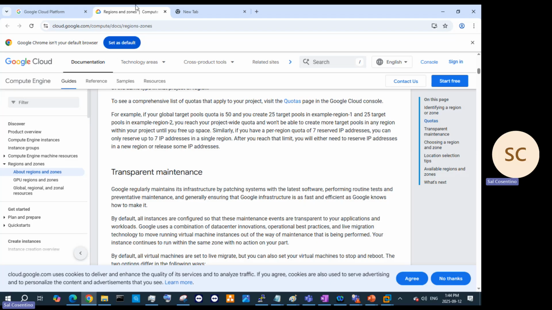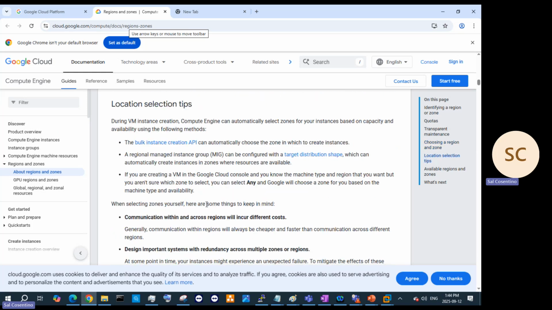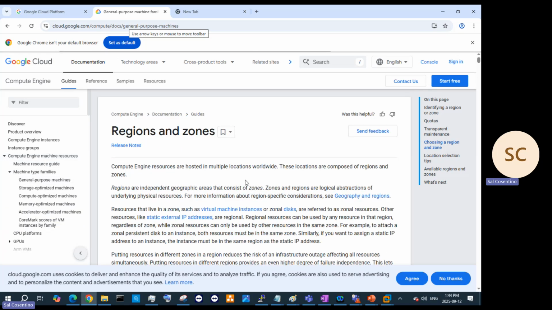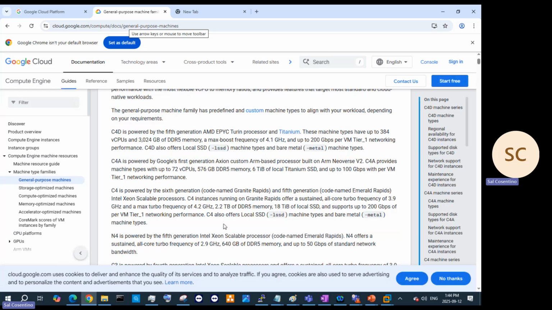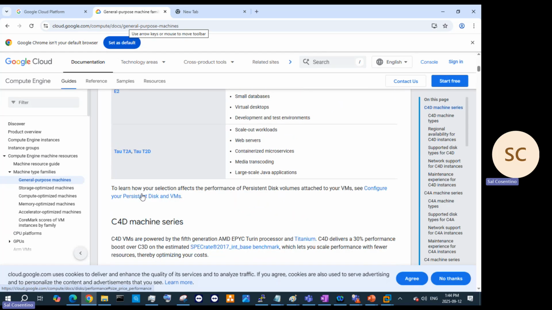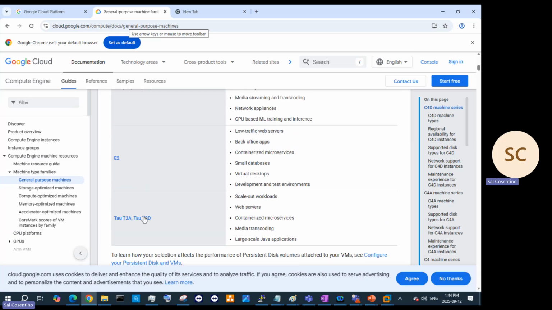Share your results. That'll be your homework assignment: create an N2 Compute Engine machine, which is a general purpose machine. I want you to create one. Let me know. So this will give you all the information that you're looking for, right? And I'll give you the different reasons as to why you need these different machines and what the workloads are